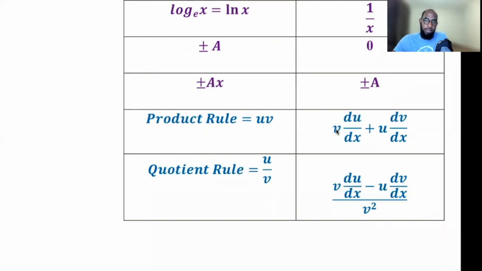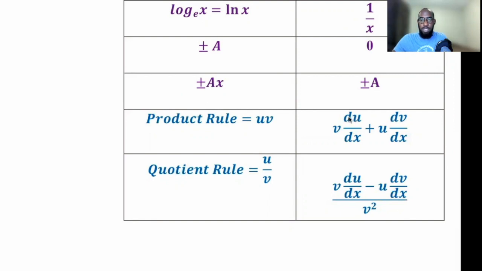I like to put v first to make it look similar to how the quotient rule is written. Addition is commutative: 1 plus 2 is 3, 2 plus 1 is 3. It doesn't matter the order, so that's why I like to put this first. So v, you write down v first, and you differentiate